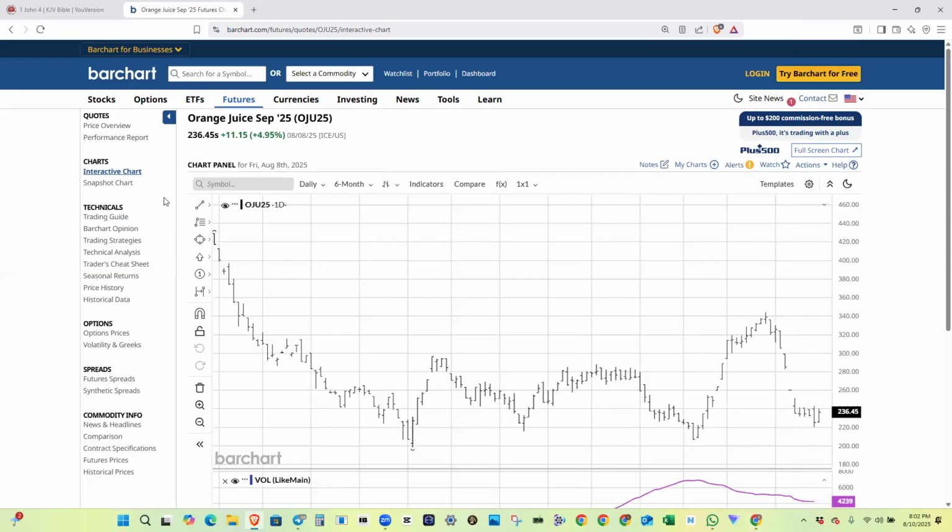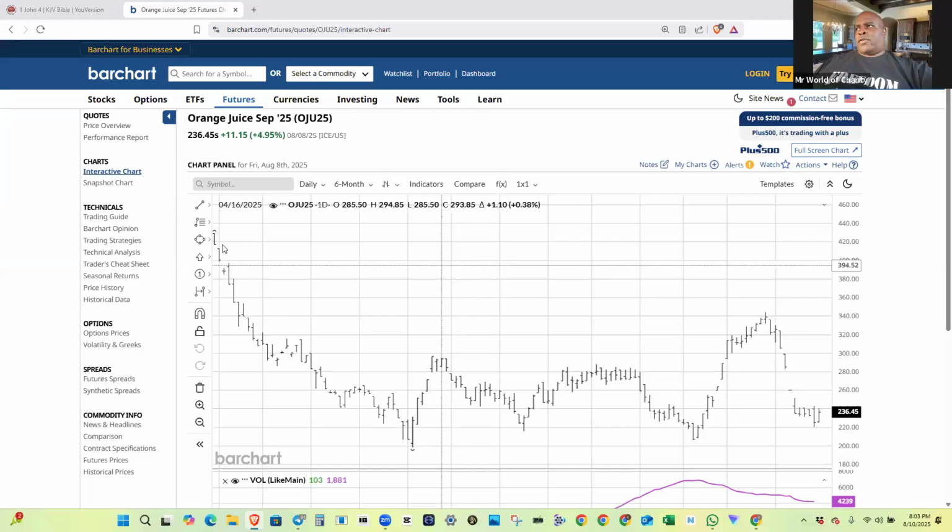Okay, Tanya, there's your gap. Yeah, so we look at these charts and we see so many different scenarios, so many different stories. And you're like, man, what's going on with orange juice? And then the chart we just looked at with live cattle, what's going on with cattle? Cattle price was real high, and over here we see OJ coming down. But what's our formula? We go to the chart. First thing we want to look at is find the 50% retracement. What's our highest price on the chart?